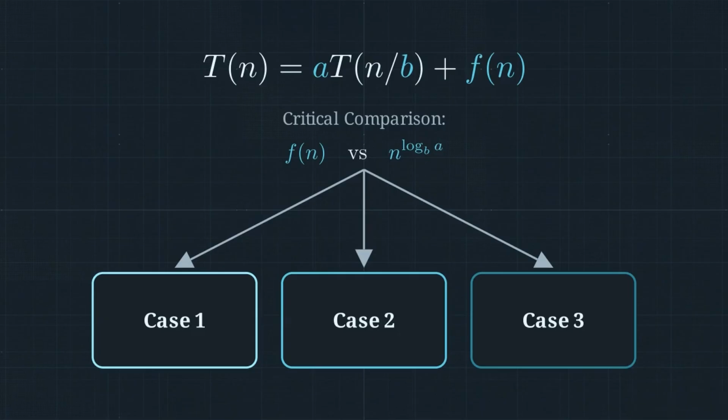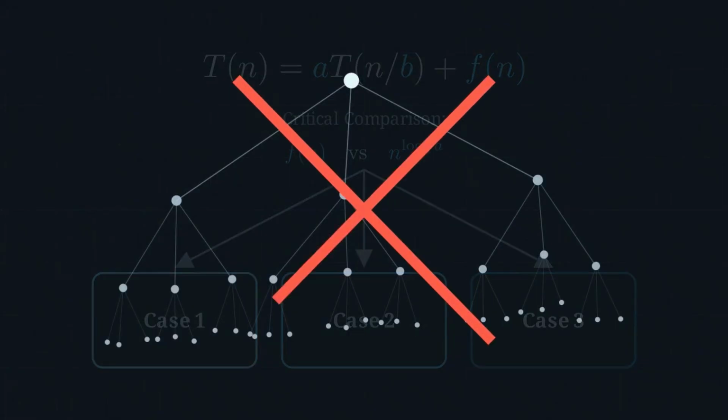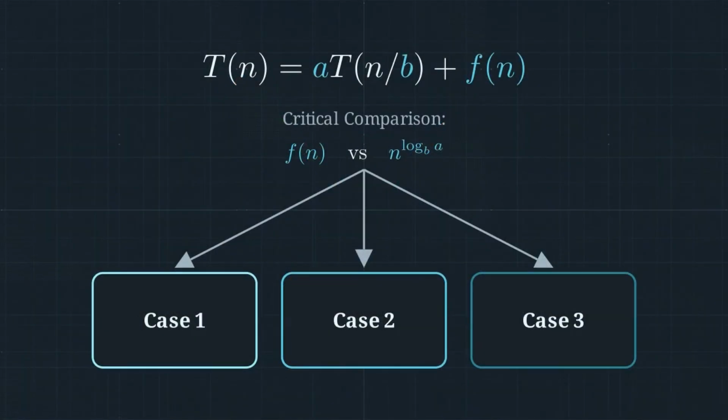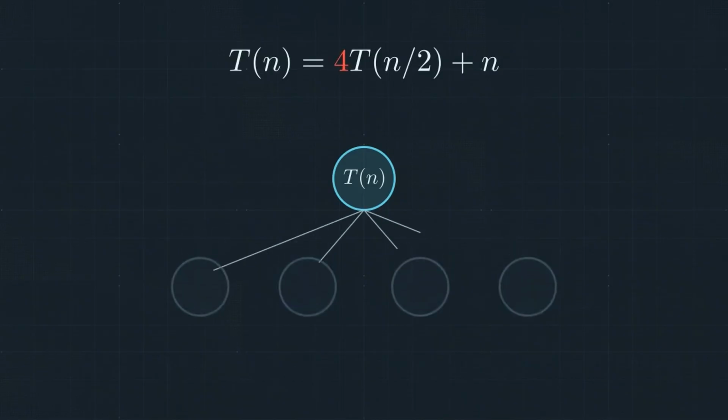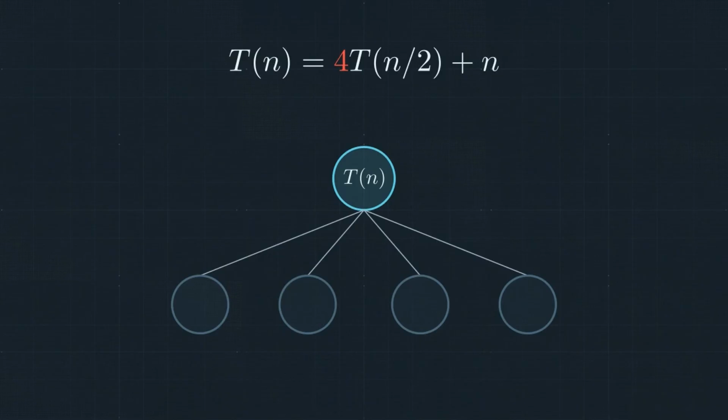Memorizing the structural anatomy of this equation is the prerequisite for avoiding manual tree drawing. This graphic isolates a concrete example of our formula in action. T of n equals 4 times T of n divided by 2 plus n. The variable a tells us the exact number of subproblems generated at each step of the recursion. The variable b is our size reduction factor. It indicates how much the data shrinks inside each of those new subproblems. And f of n is the non-recursive work performed at that specific level, the effort to divide the array or